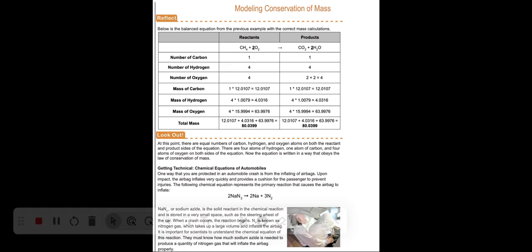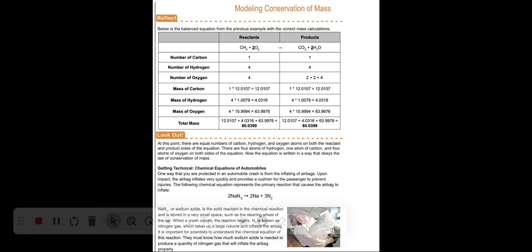At this point, there are equal numbers of carbon, hydrogen, and oxygen atoms on both the reactant and product sides of the equation. There are 4 atoms of hydrogen, 1 atom of carbon, and 4 atoms of oxygen on both sides of the equation. Now the equation is written in a way that obeys the law of conservation of mass, so it is